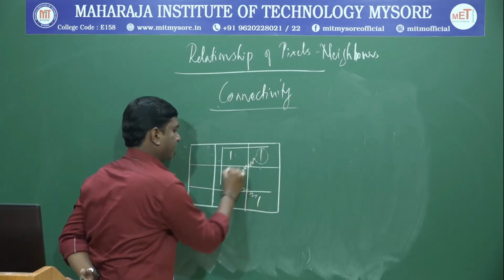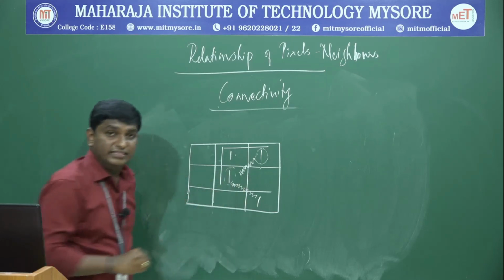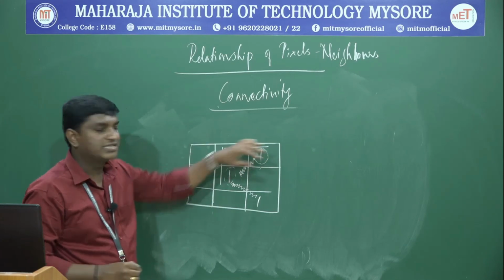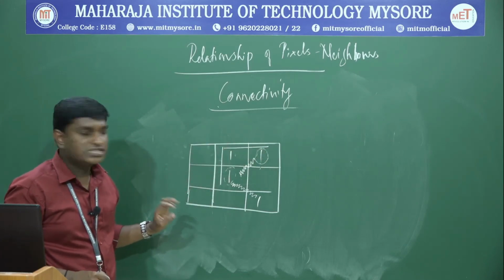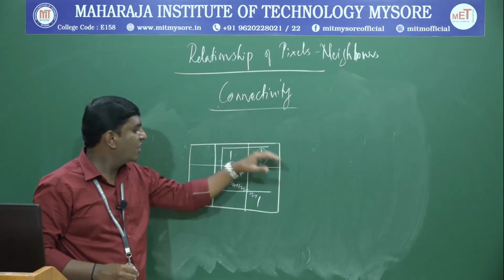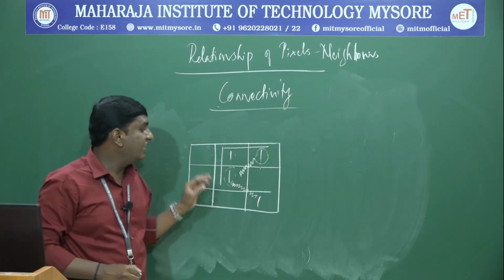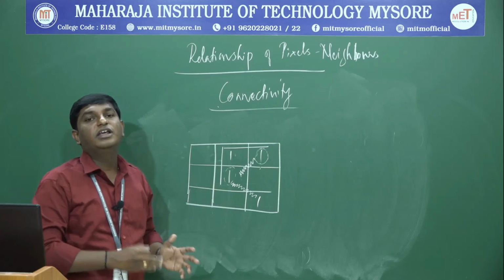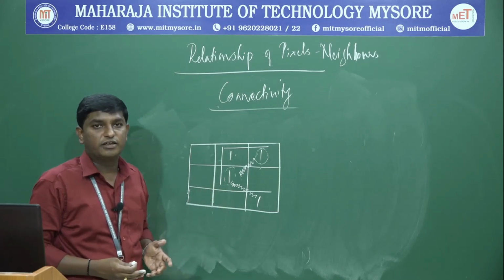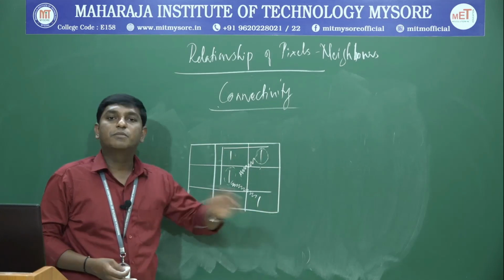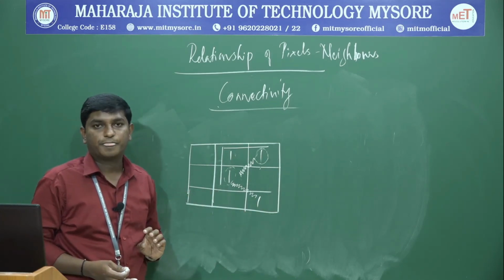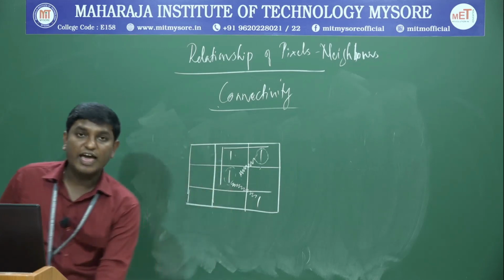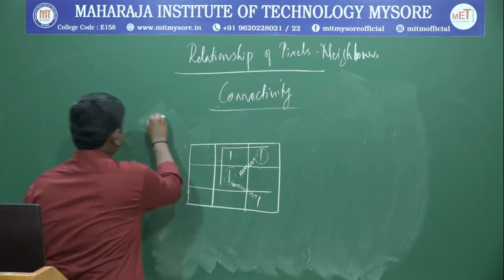The problem exists here. There is more number of paths being communicated between the pixels. Yes, multiple paths do exist between the pixels. If there are multiple paths existing between the pixels, it is difficult for further processing, it might be segmentation for that matter. That is the reason, to avoid such type of problems, we have mixed connectivity.